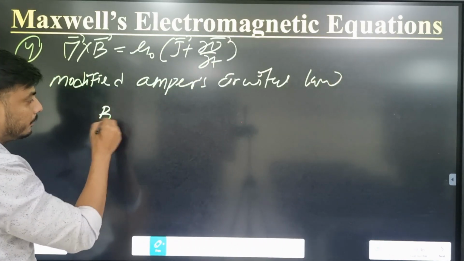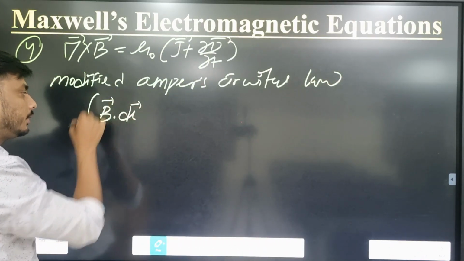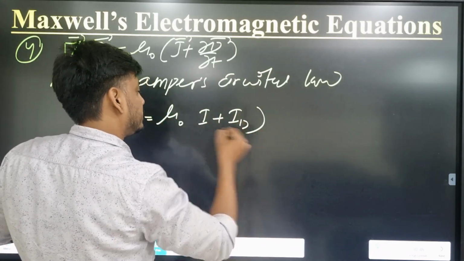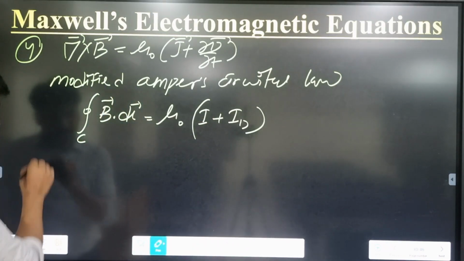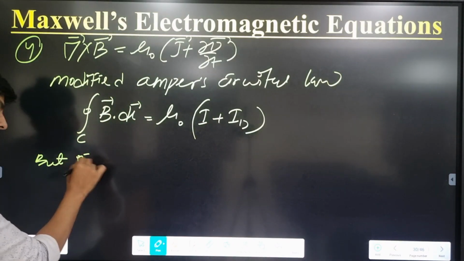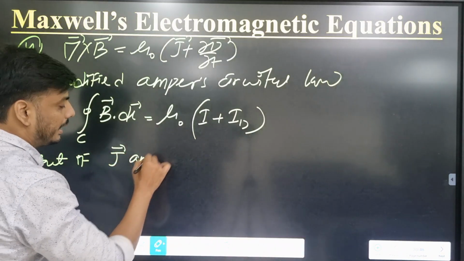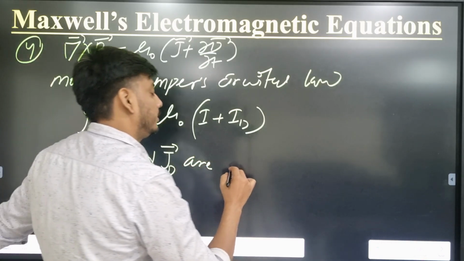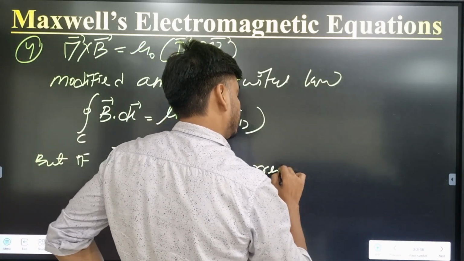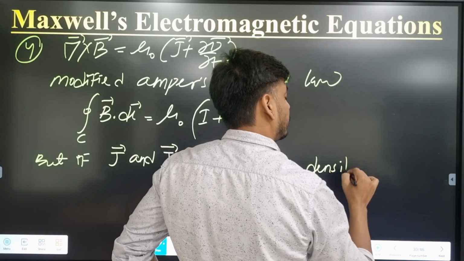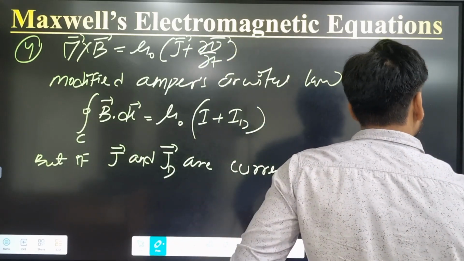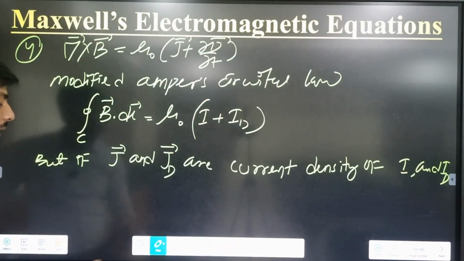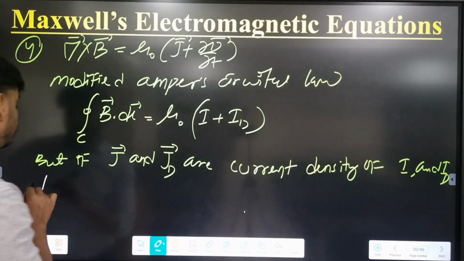Now we have the integral of B dot dl over C equal to mu naught (I plus I_D). This is the equation. But if J vector and J_D vector are the current density of conventional current and displacement current, conventional current, that is a normal current, and displacement current, then we can write